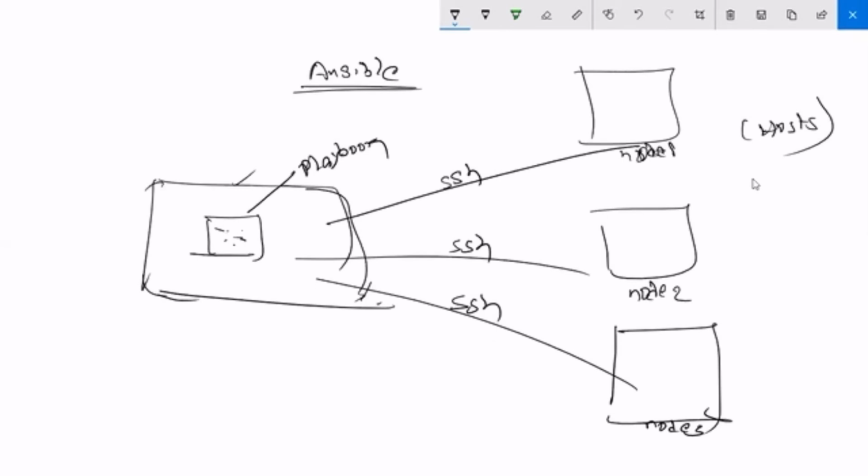So let's see the remaining things. The main configuration of Ansible is under the root directory. We have the etc folder. Under etc, whenever you install Ansible on the server, you'll get a folder called ansible.